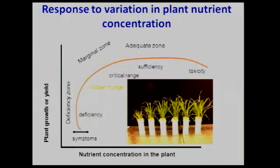And if you go to extreme cases, you can run into toxicity. The visual symptoms of deficiency are generally expressed in this severely deficient zone. Once you get up into this stage here, a lot of those visual symptoms of deficiency disappear, and basically all you're really seeing is a slight reduction in growth. We call that the hidden hunger. In other words, you're getting a reduction in the growth of the plant without actually seeing any visible symptoms of nutrient deficiency. And so you may, in some cases, have a yield reduction of 5-10% without actually knowing that that's